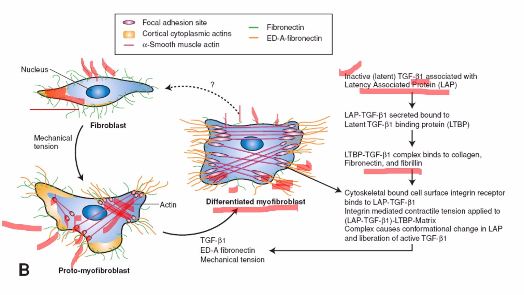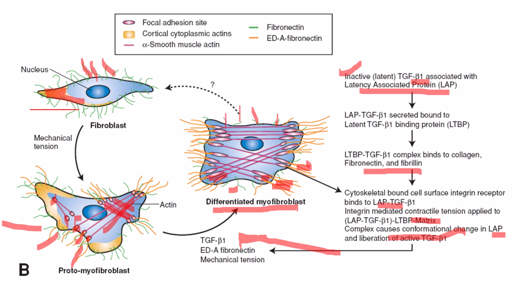The mechanical stress or tension that is exerted by the cell via actin stress fibers causes a conformational change in the latent, or latency associated protein, and this liberates active transforming growth factor beta 1, which can then promote differentiation of fibroblast and remodeling of extracellular